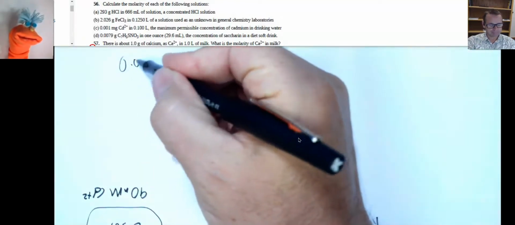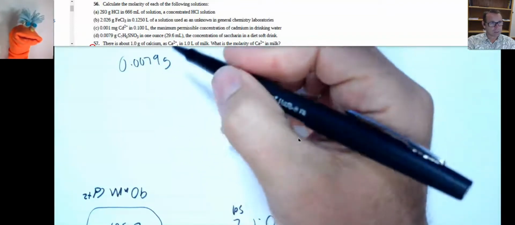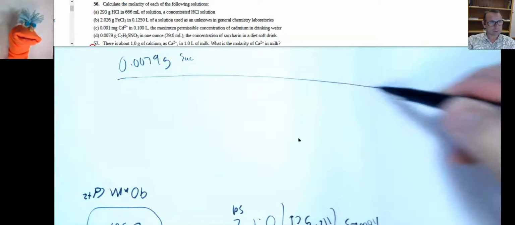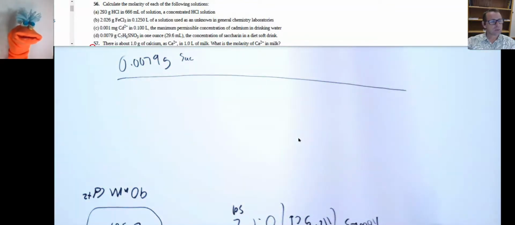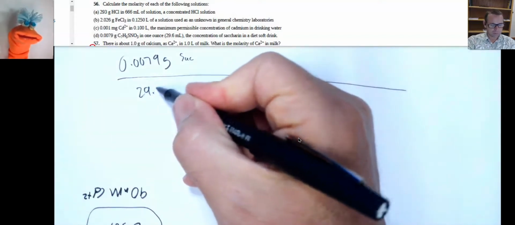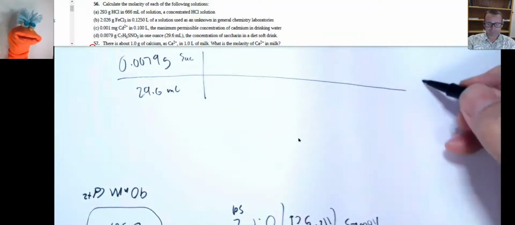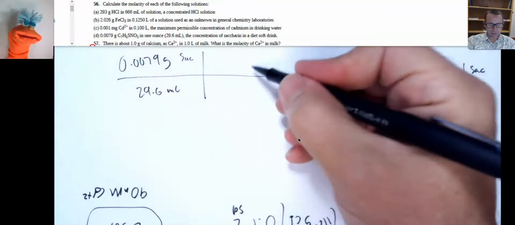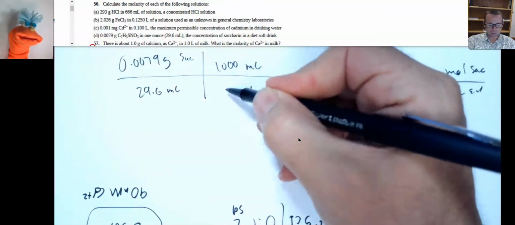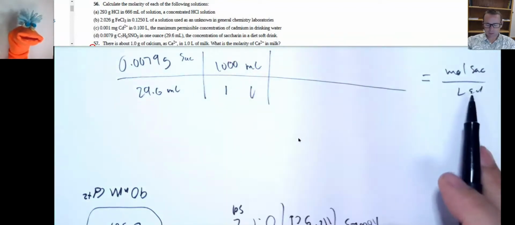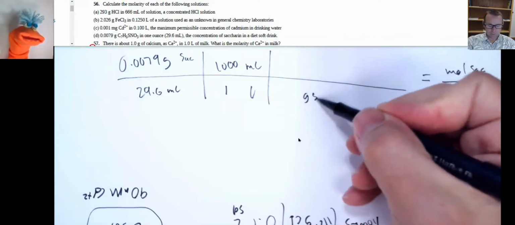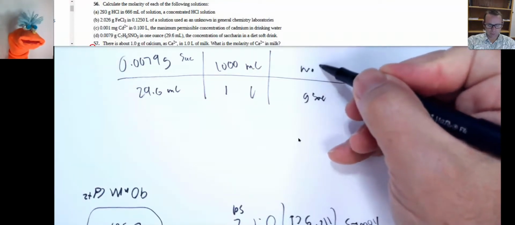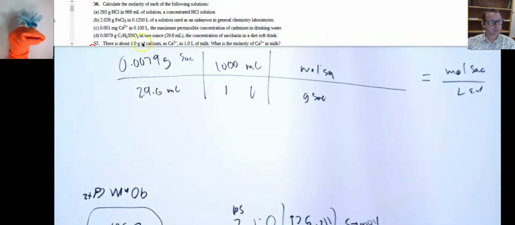So, 0.0079 grams of saccharin for every 29.6 milliliters of solution. And we want to know the moles of saccharin for every liter of solution. I have it in milliliters, and I want to go to liters, right? That's straightforward. Getting good at that, right? I have it in grams, and I need to go to moles. Molar mass of saccharin? That's right. You find the molar mass of saccharin. We have the chemical formula here, so we could add it up. Molar mass of saccharin,